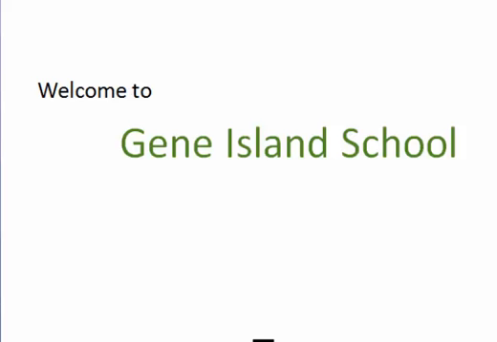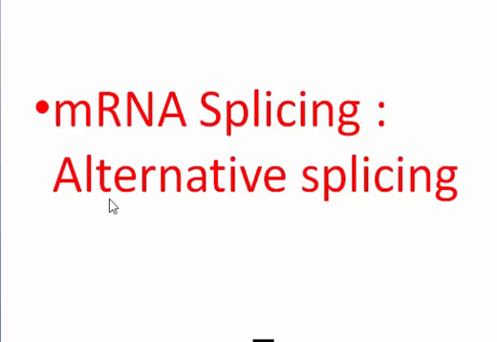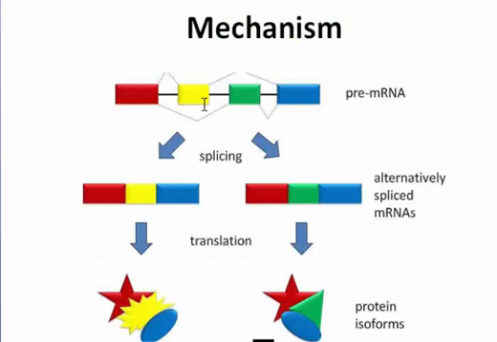So guys, after a long time I have come, and today I will teach you a basic of genetic engineering, that is mRNA splicing type. Not the mRNA splicing, that is the one type of mRNA splicing, that is alternative splicing. mRNA splicing mechanism. So what is the basic of splicing? I'll show you what is the basic of splicing. Basic is that,